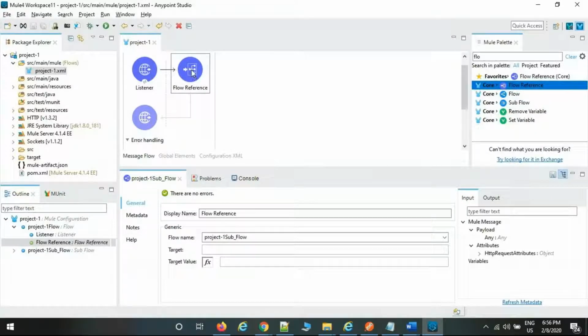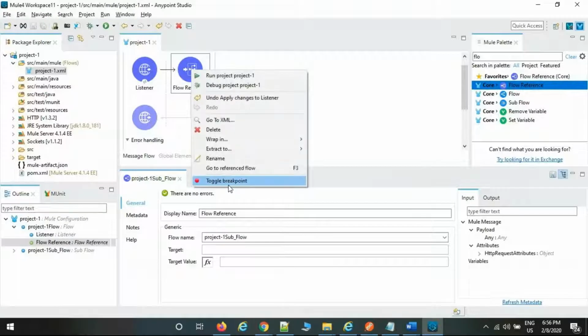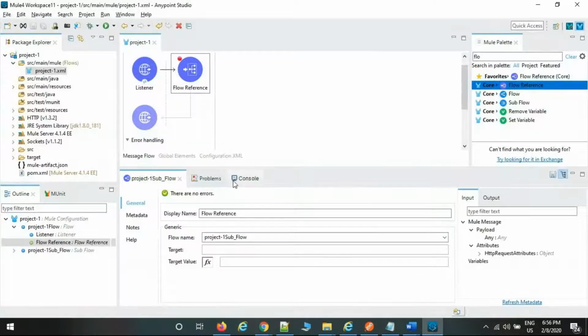Okay, now I'm going to put the breakpoint in the flow reference. Toggle breakpoint. What is the use of a breakpoint? Now the source system sends a request. For example, now you want to test and you want to know the detail. If you send a request from Postman, without a breakpoint and without debug mode, we receive the output. Now put the breakpoint, which means the flow gets stopped from here only, and control is with you. If you trigger the next option, the flow is going to move to the next palette. Otherwise, the flow won't move to the next palette. Now I have selected the breakpoint in the flow reference.